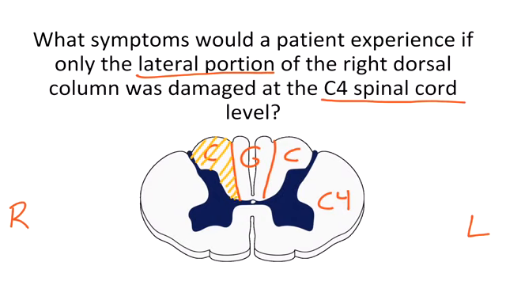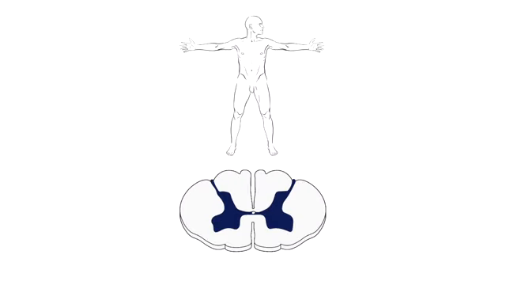As we discussed on the previous slide, anything below this lesion on the ipsilateral side will experience loss of vibration and proprioception. However, if the medial portion was spared, as in this case, that means that some tracts are fully functional. So as I've written here, with a G, the fasciculus gracilis is spared on both sides of this patient. So this patient has damaged the fasciculus cuneatus, as we just mentioned,